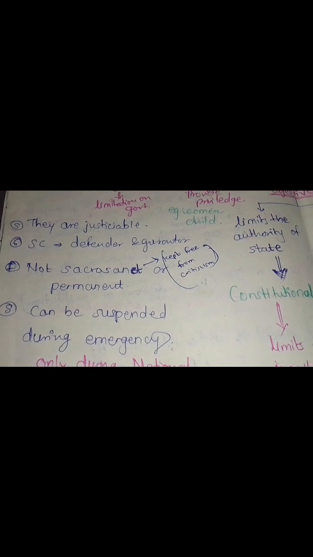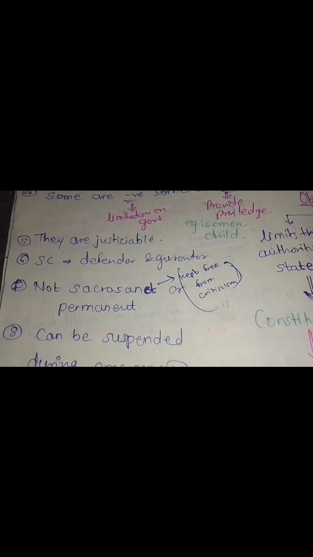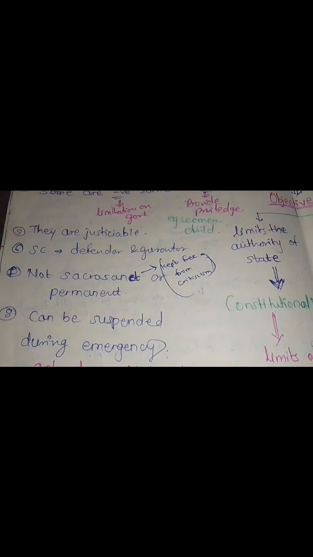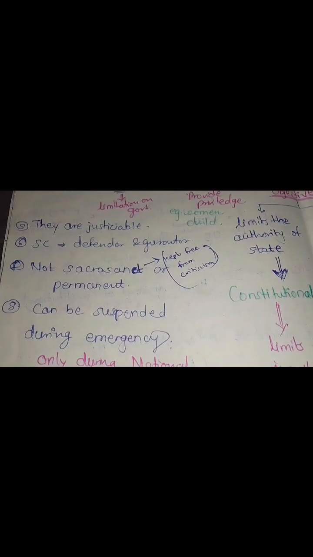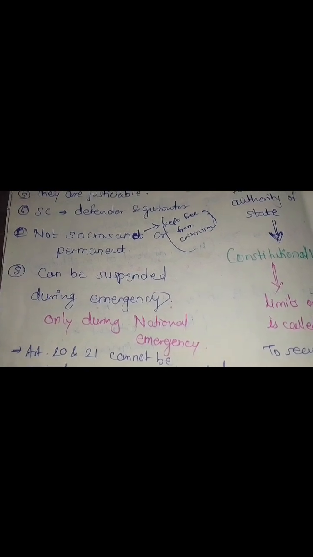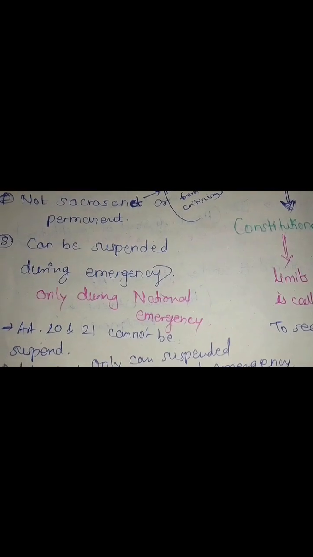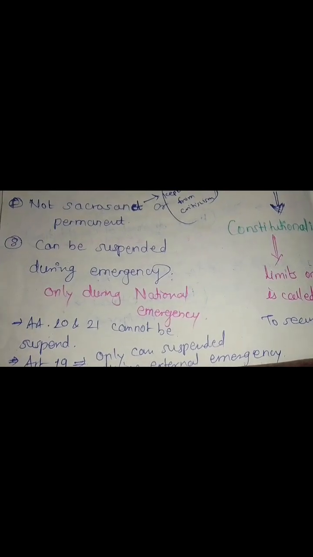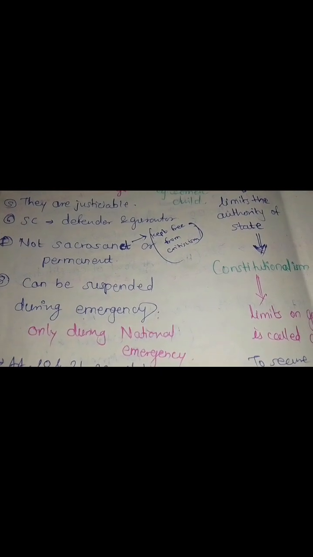Then, not sacrosanct or permanent. It means fundamental rights can be criticized, and it also could be amended in a positive way, but these are not permanent also, but these are not sacrosanct. It means it could be criticized, it could be commented, but these are not permanent, because it can be amended, or there could be changes there. Parliament could make changes in these rights, but the basic structure of the constitution should not be disturbed. We will see this topic in our